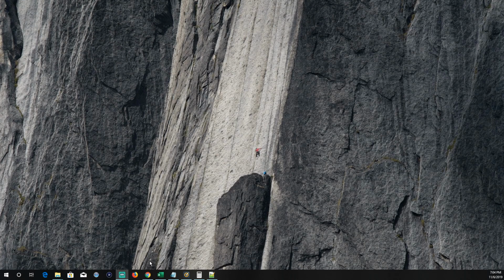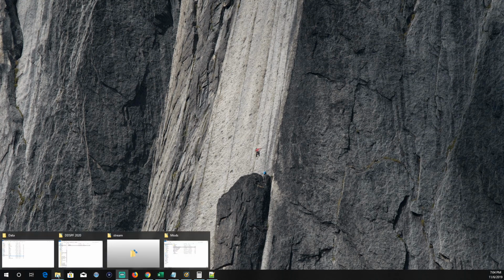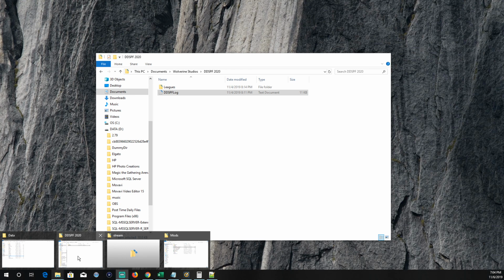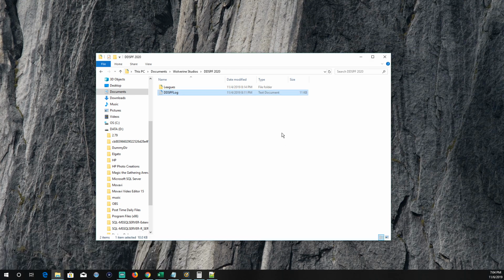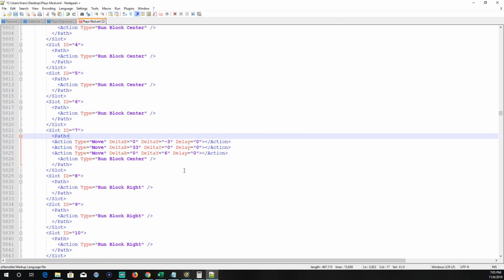Close out of that, and then we'll come back to the 2020 folder. All right, so with this, this is actually super important. When you use the plays mod file and you make a mistake, say by accident you leave this open and you don't close this,